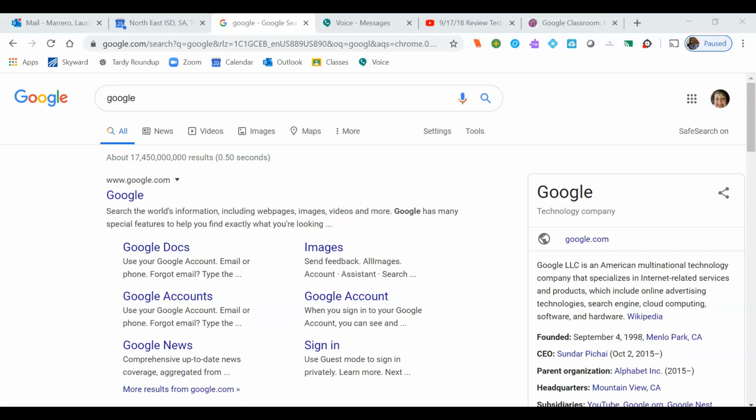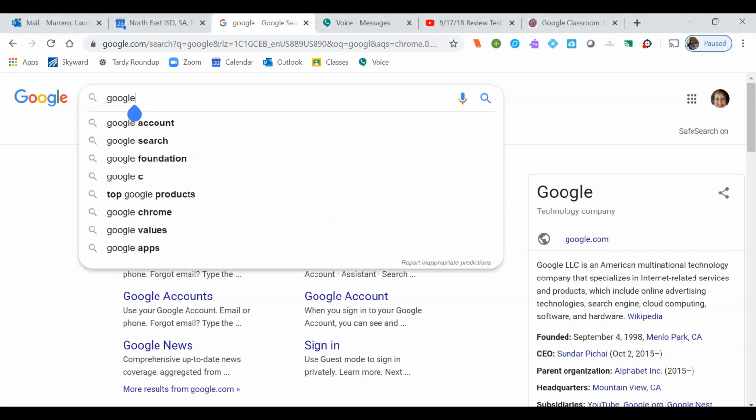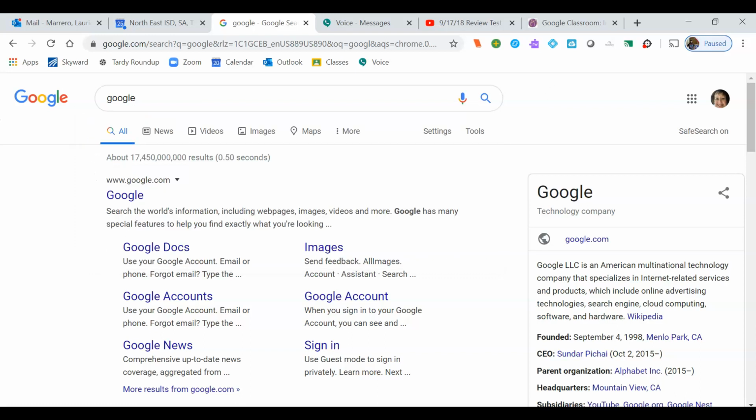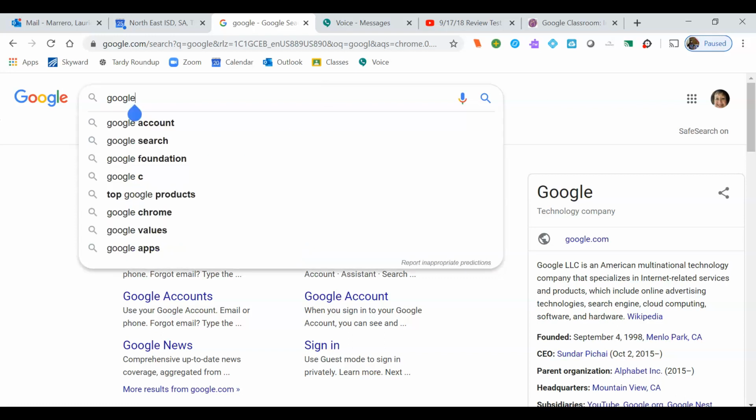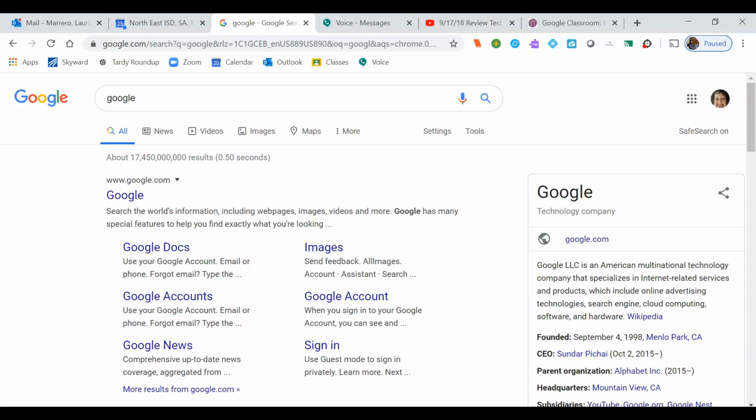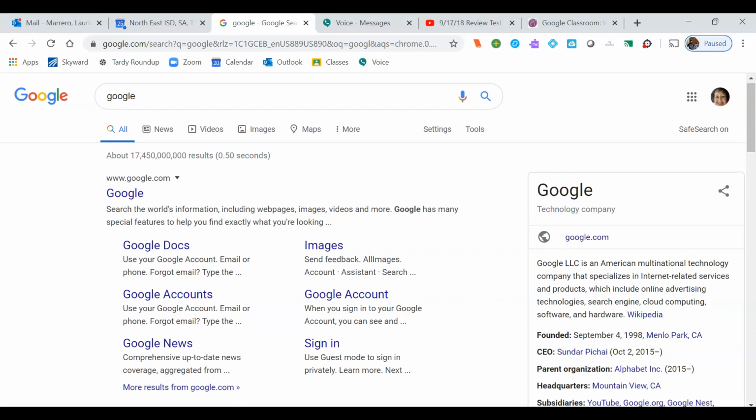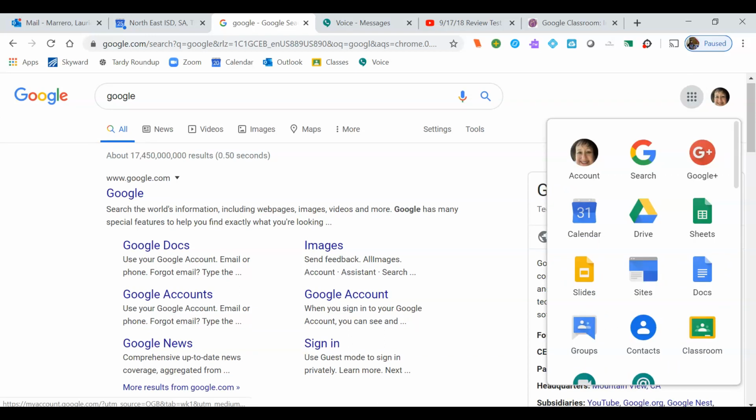Let's say you don't know where to start. You could just go to Google. You can type in Google Classroom, or if you see these nine dots at the top right over here, hit those nine dots and hit